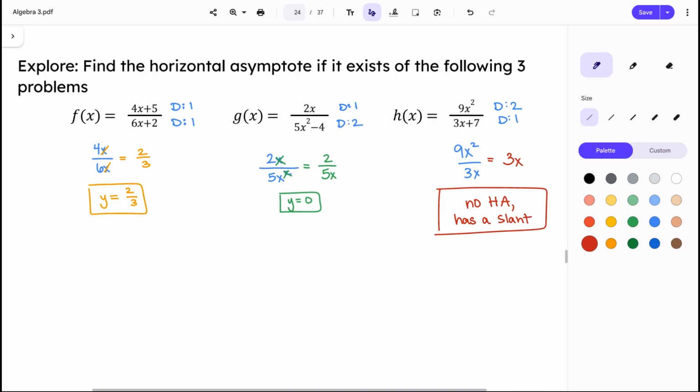Okay. Let's see what we got left here. Okay, we're gonna try to do a couple of these with the graphs. So if you guys go to your next page,